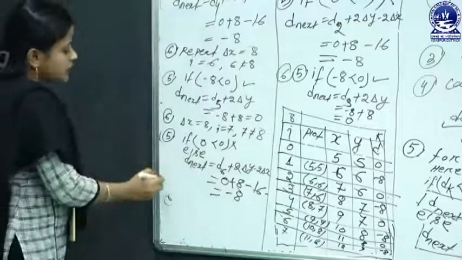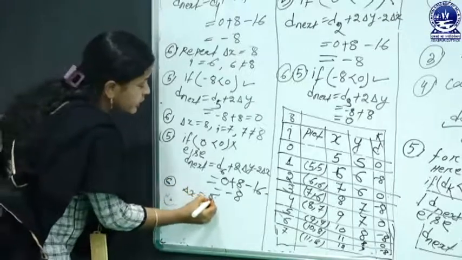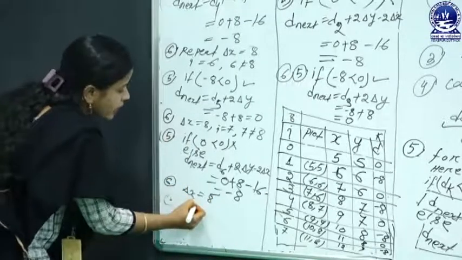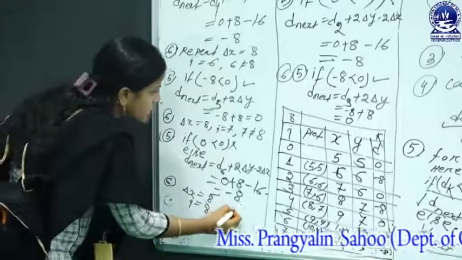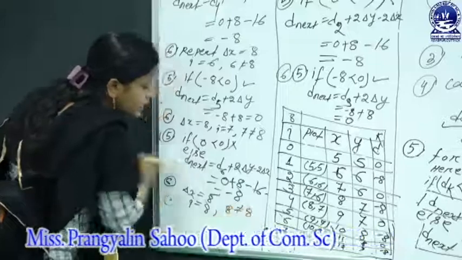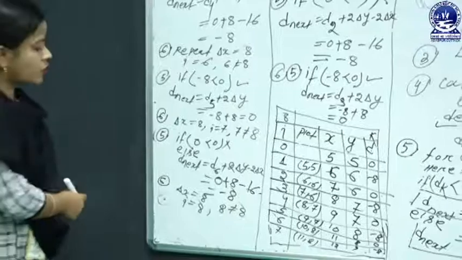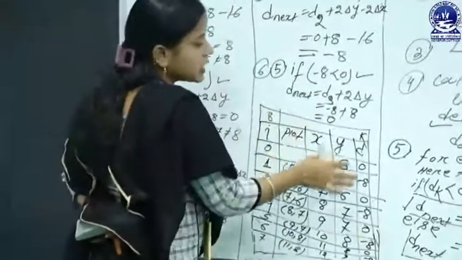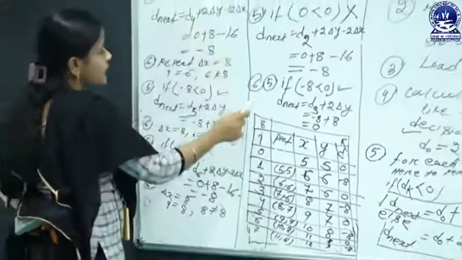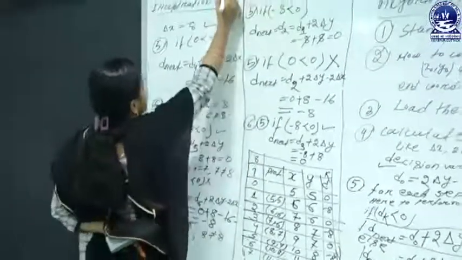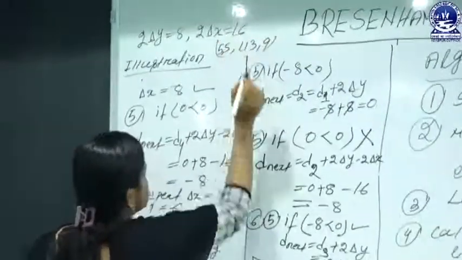Okay, so now to check step 6, delta x here is 8, and the ith coordinate value is 8. Now check whether 8 is not equal to 8. That means the condition is false, since 8 is equal to 8. So now to execute it, in this case the condition is false. As here we have to provide the given pixel points, that's 5, 5, 2, 13, 9. So it goes on to these statements.